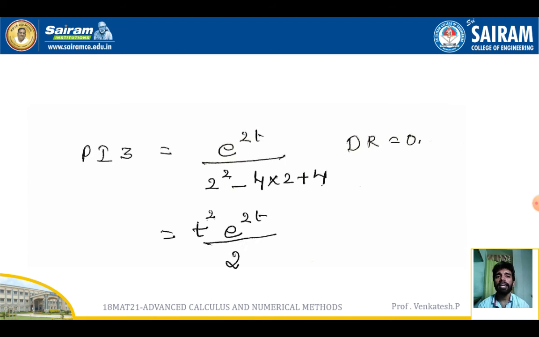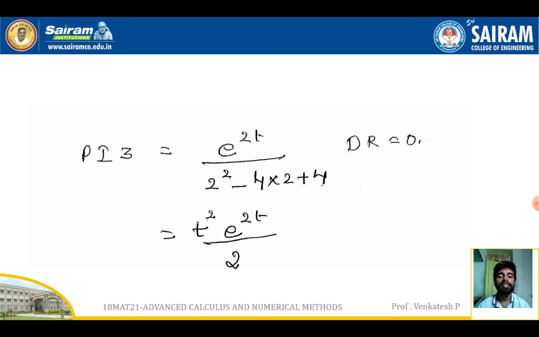Third one, PI3. So PI3 is given by e power 2t divided by D square minus 4D plus 4. So here also the t coefficient is 2. On replacing D equal to 2 according to type 1, I will get 2 square minus 4 into 2 plus 4. The denominator will become 0 here. So already I told that if the denominator is 0, we have to multiply by x for that variable and differentiate the denominator. So if I differentiate D square, I will get 2D, minus 4D will become minus 4,